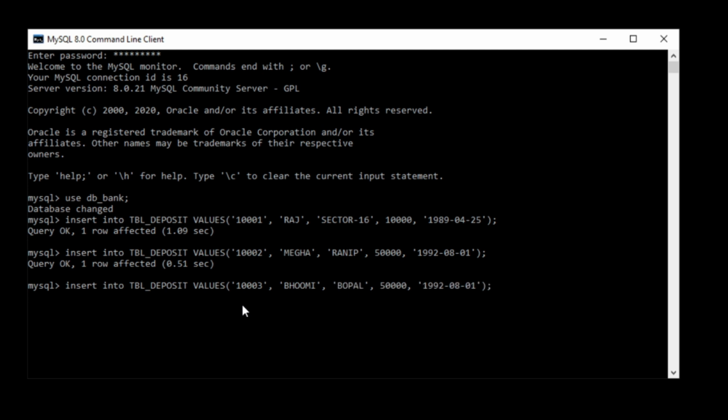Bhopal 18,000, 11 January 1994. Okay, now the third data is inserted.